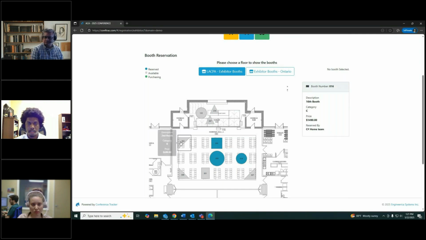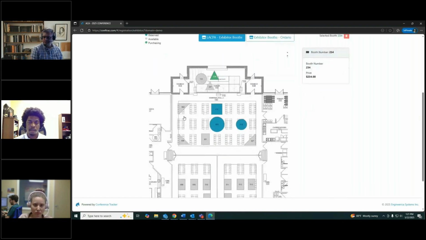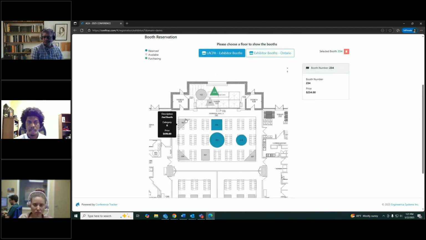So that reduces a lot of confusion when it comes to booth selection as to what booths are available, what booths are not. Also makes it easier for your exhibitor, as they know exactly where on the map they will be located, and this can help them to prepare their booths in a way where it'd be most effective, as